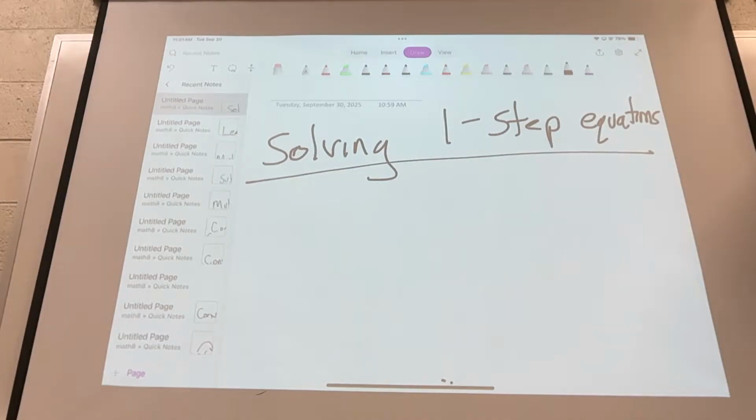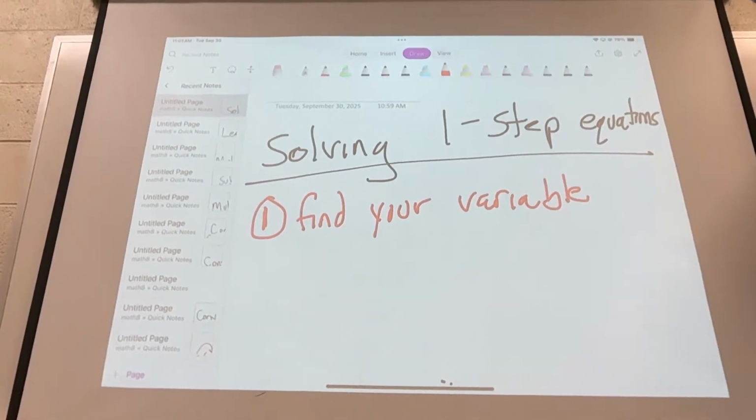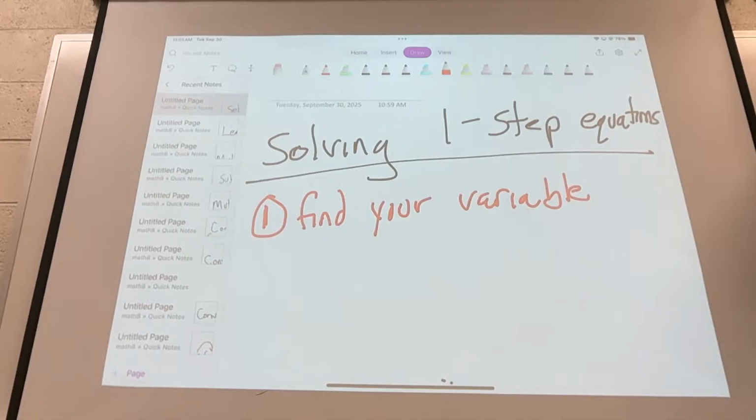First thing we're going to do is find your variable. What is a variable? Variable is just whatever they're using that takes the place of a number. It's usually a letter, X, A, B, whatever. Okay. So you find your variable,